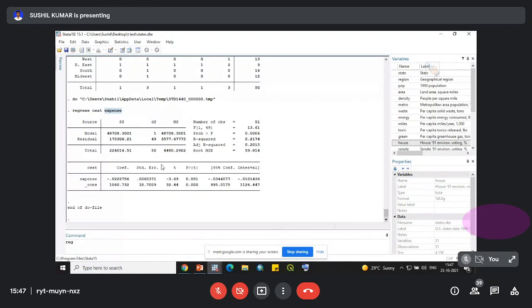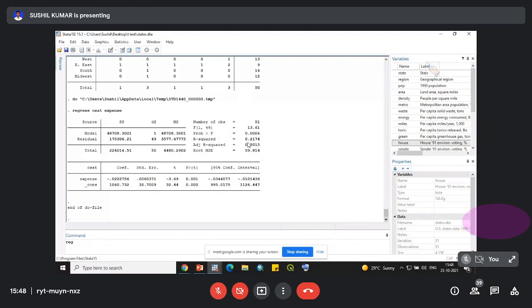These are the model values. The total number of observations for this regression model was 51. The F value is 13.61. It gives us the overall model fitness. Since the probability value is 0.00, almost 0, which is less than 0.05, we can say that the model is good enough.